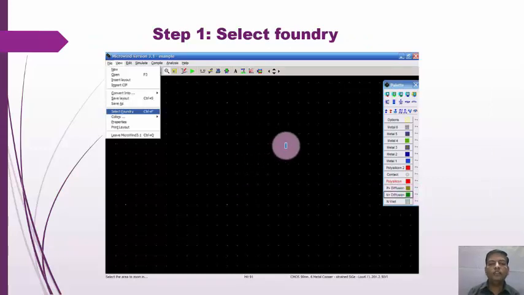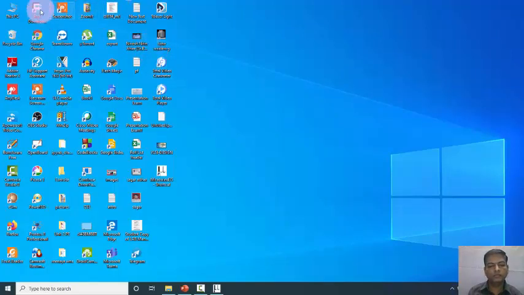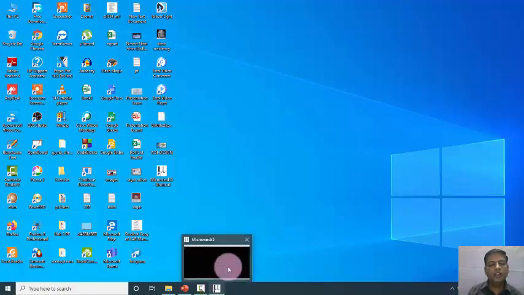Now here we have started with the Microwind software. So you click on the Microwind software symbol, and here we have to select a foundry.